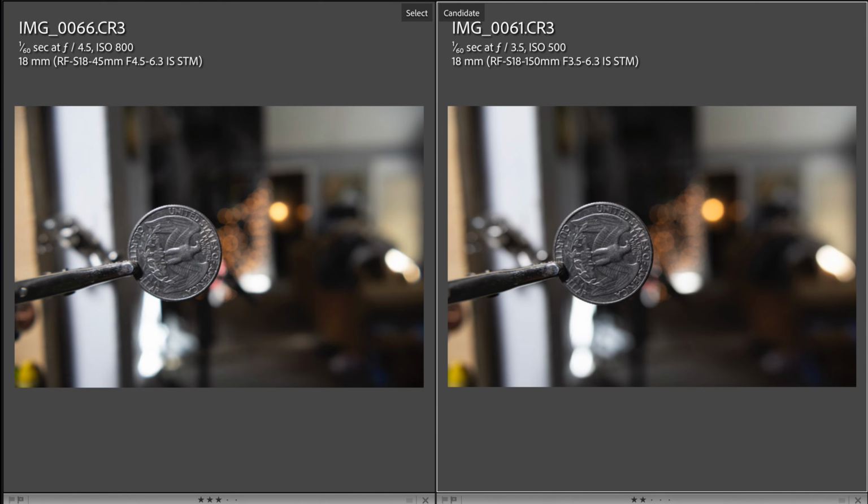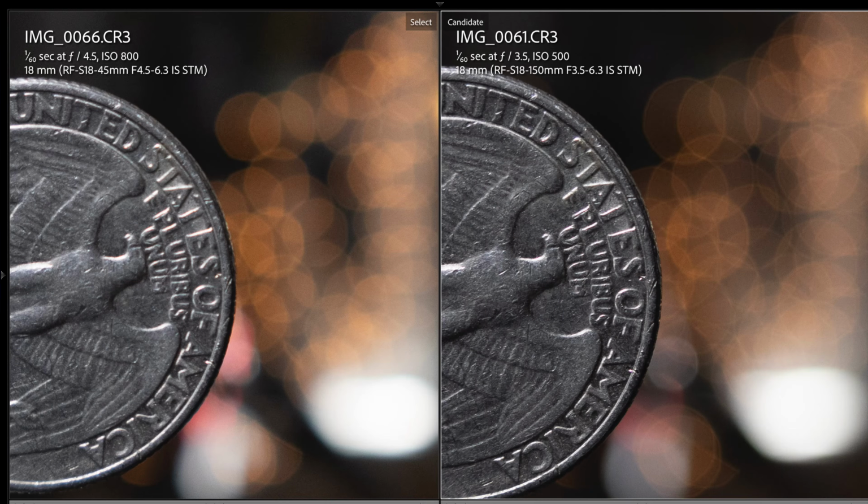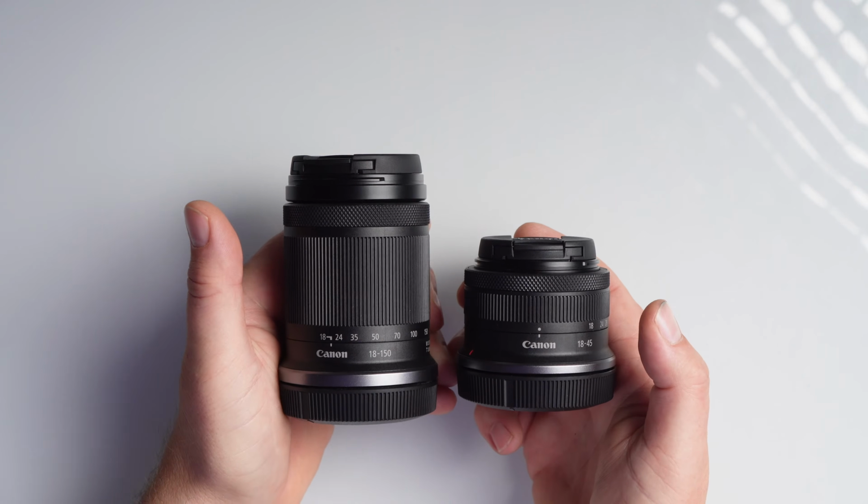Also, at 18 millimeter, the max aperture of the 18 to 150 lens is one stop faster at f3.5, which will allow your ISO to be lower and will give you more separation from the background at the minimum focus distance in particular. All right, guys, so looking at these lenses in my hands, you can see just the difference